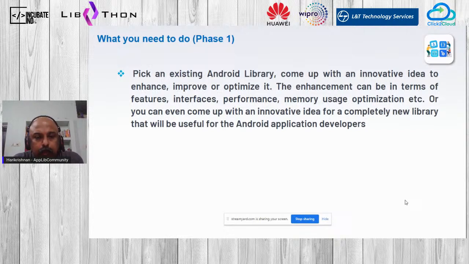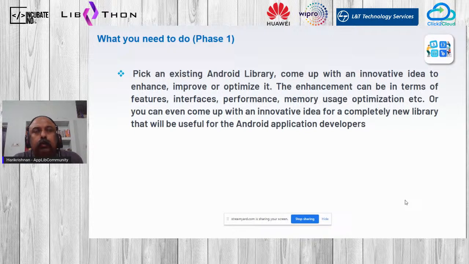You can come up with an innovative idea to enhance, improve or optimize that library. This enhancement can be a feature enhancement, additional interfaces or additional APIs exposed, the overall performance of that reusable component, or the memory it uses, etc.